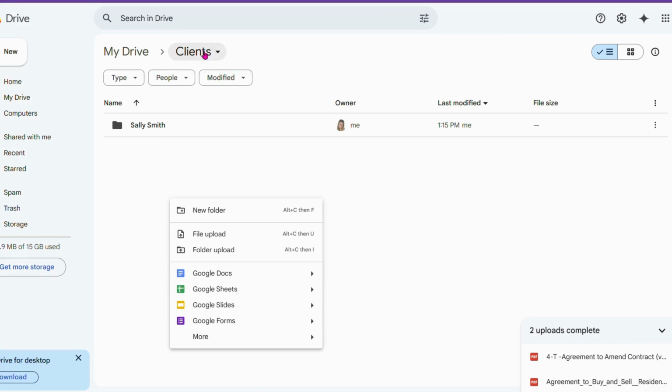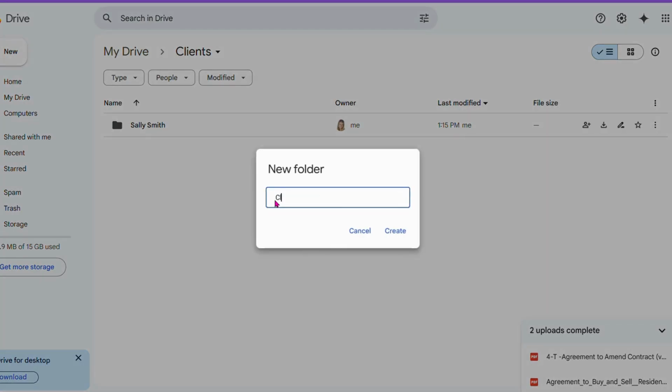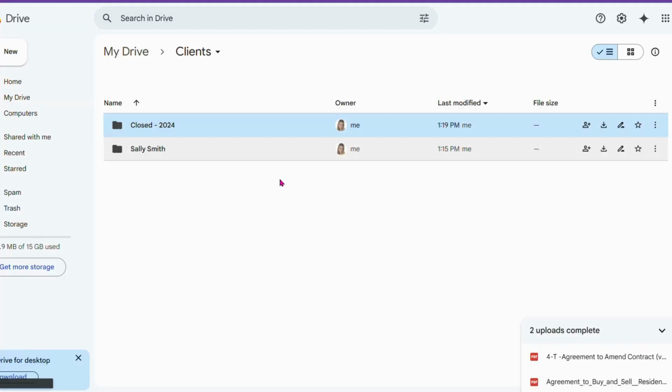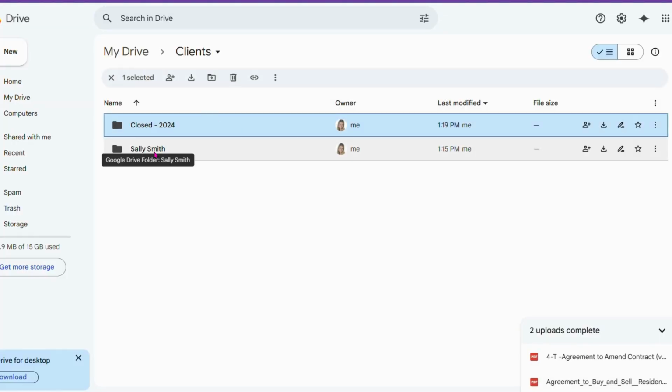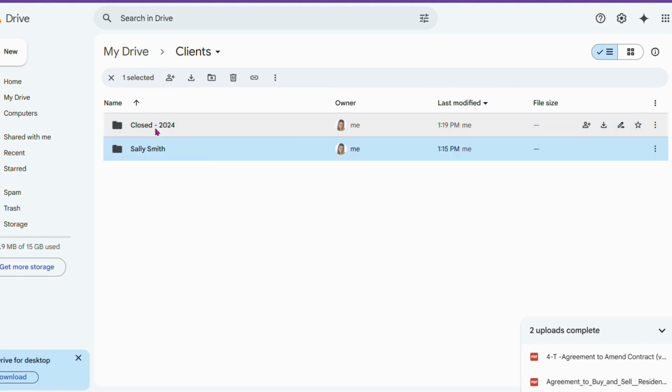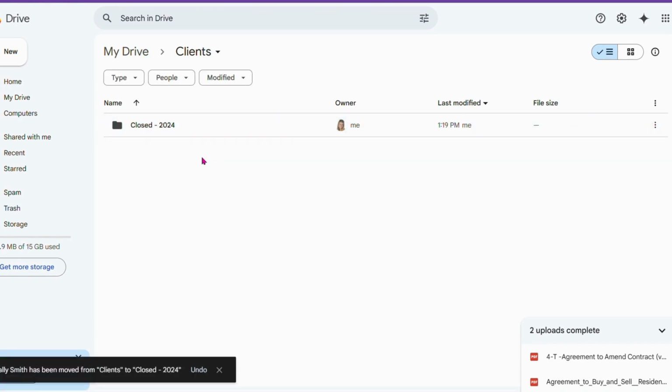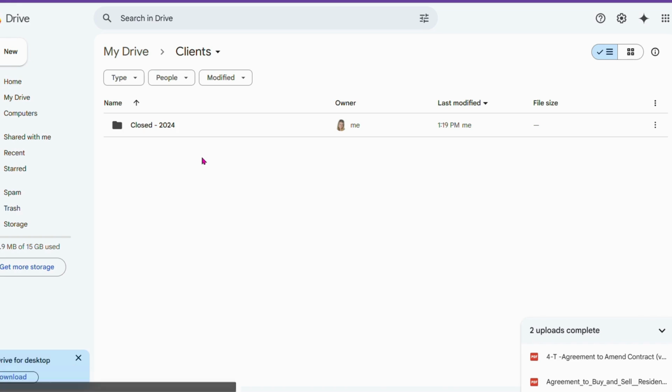So you're going to, in your clients folder, create a new folder that says closed and then the year that you closed it. So we're in 2024, so I'll do closed 2024. So then when that file or that transaction closes, I'm going to move that folder into the closed folder because I know that is no longer an active file. So unless there's an active file going on, I would have nothing in this client's folder other than the closed